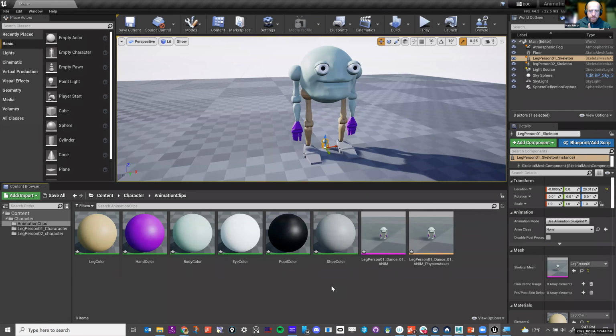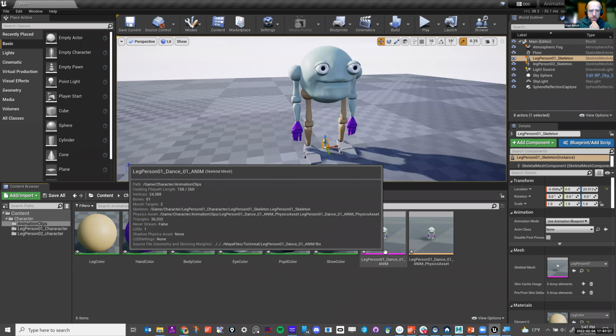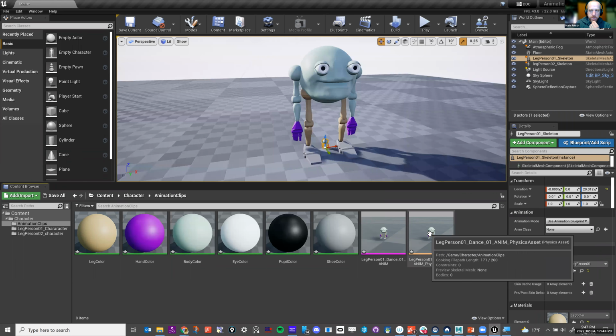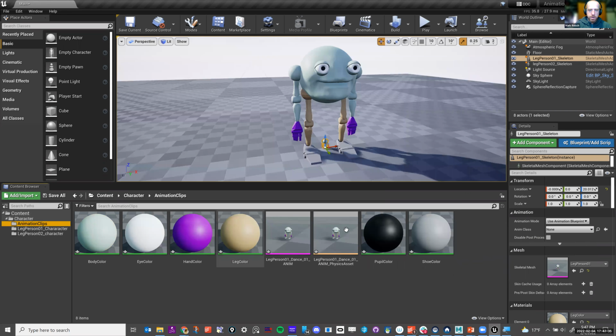Not quite what I was expecting. What did I do? Skeletal mesh and assets. I think I did something wrong here. Let me think.